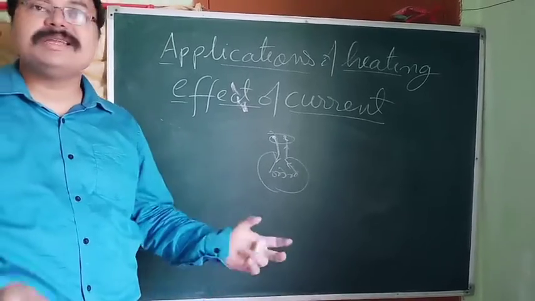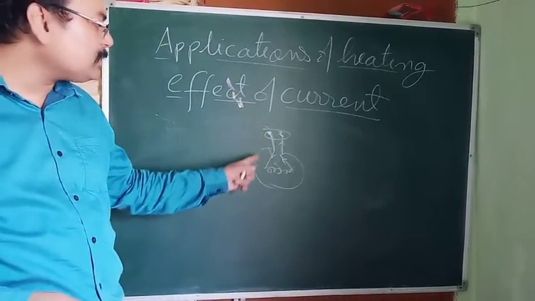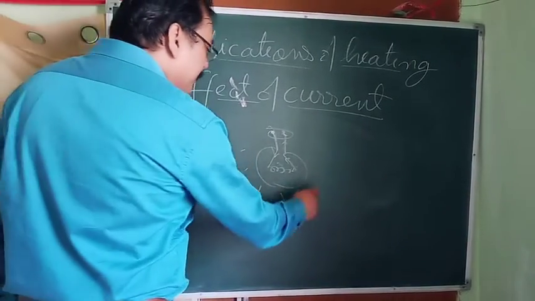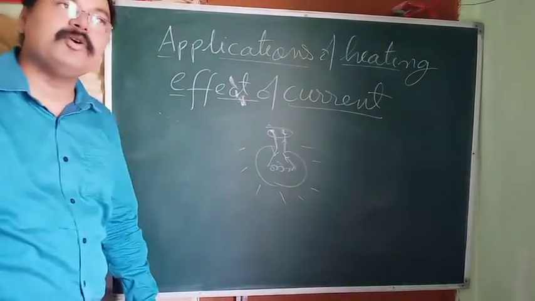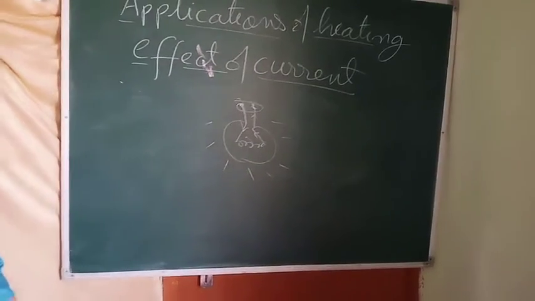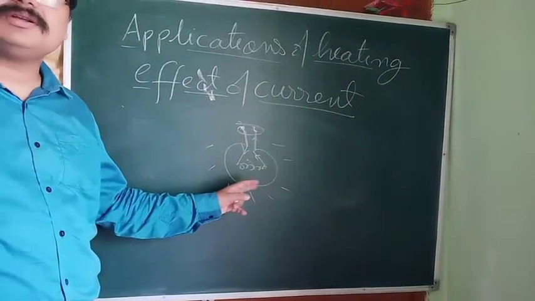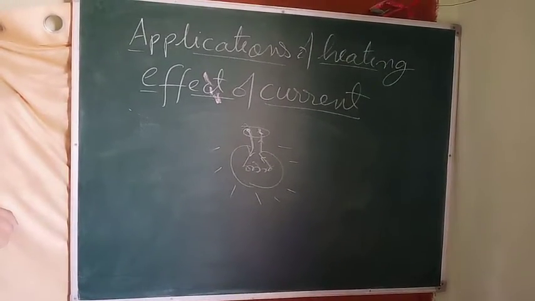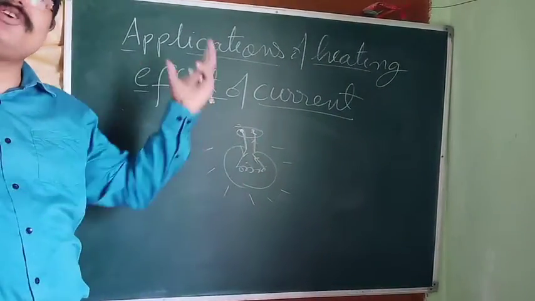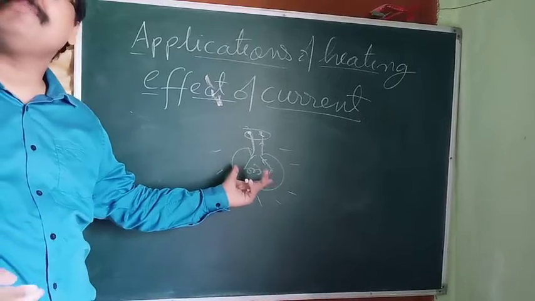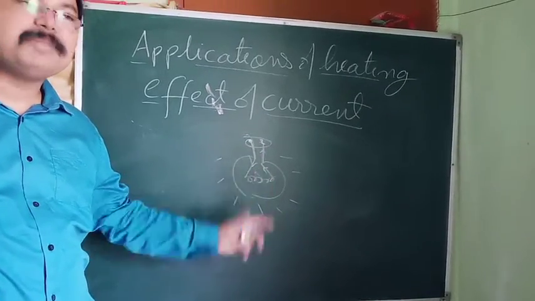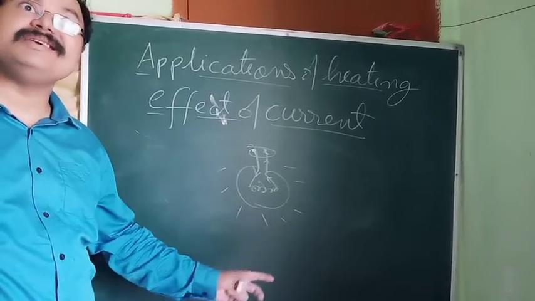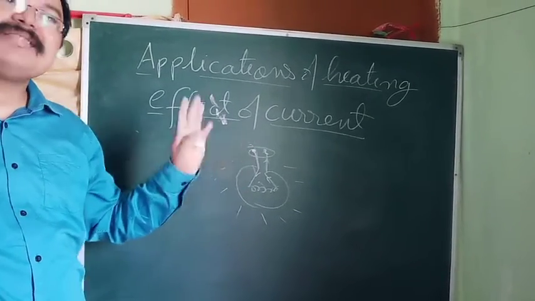Now a question is asked sometimes: when current is flowing continuously through this, and it has become bright, spreading light and heat both, then why does its temperature not keep on increasing always? Because if the temperature kept on increasing, then what would happen? This bulb should melt, but it is not melting. Why? That means temperature is not increasing continuously. It is increasing up to a certain level and then remains constant.